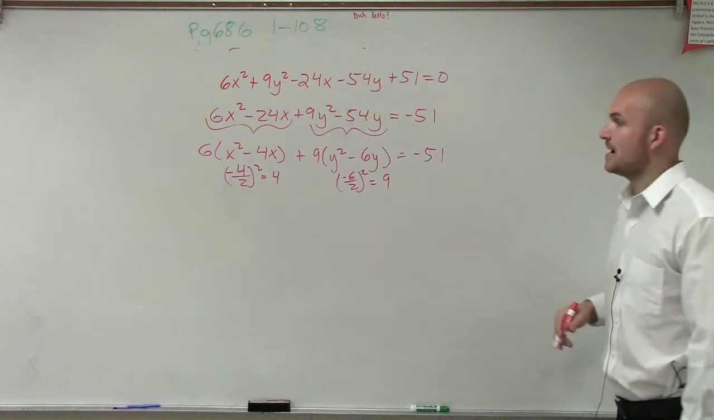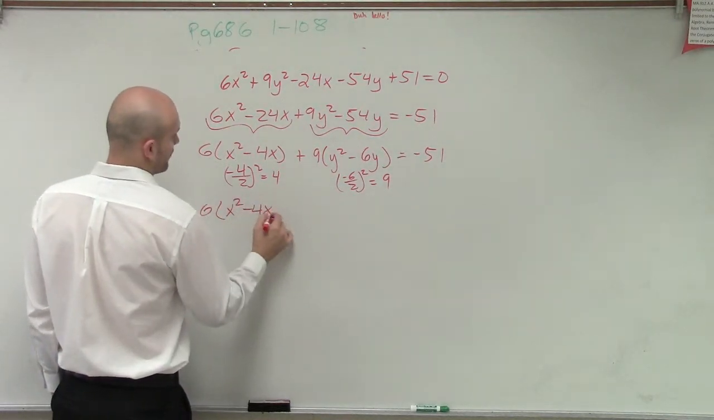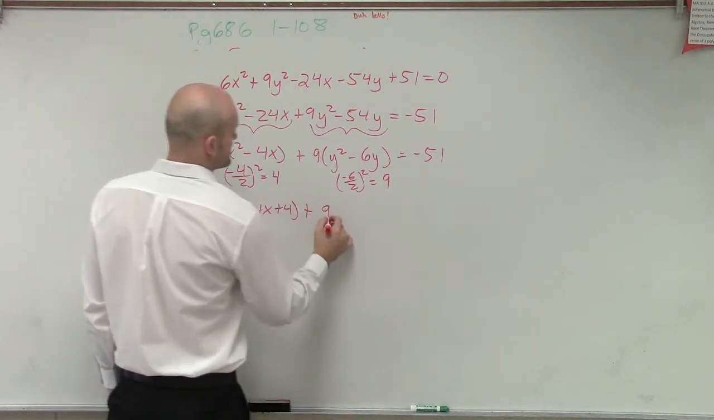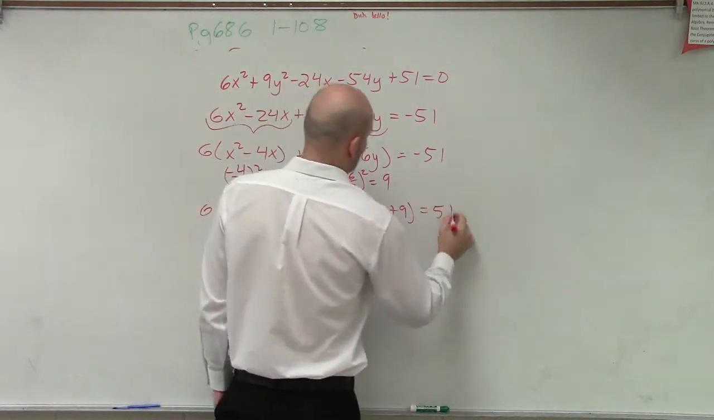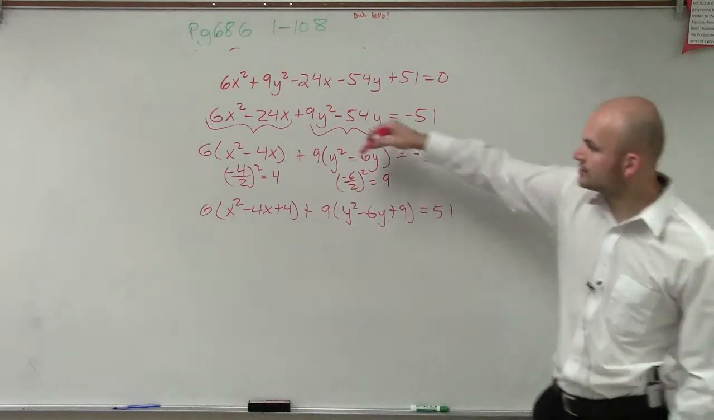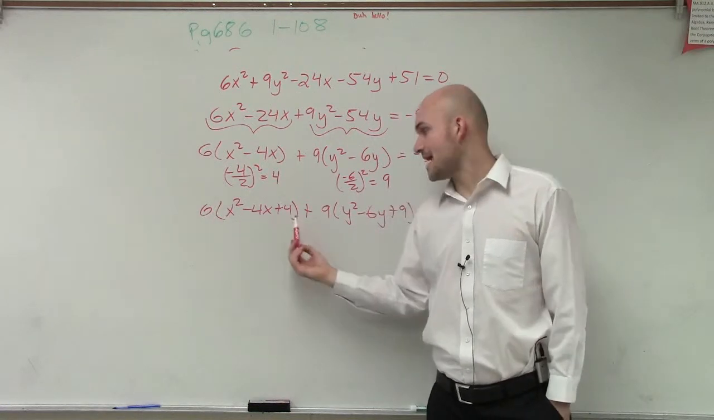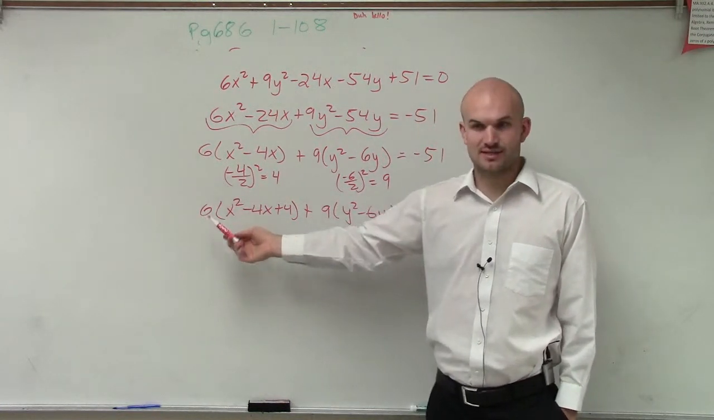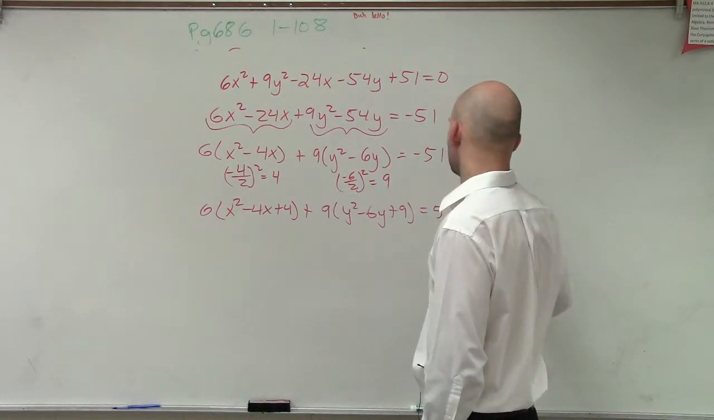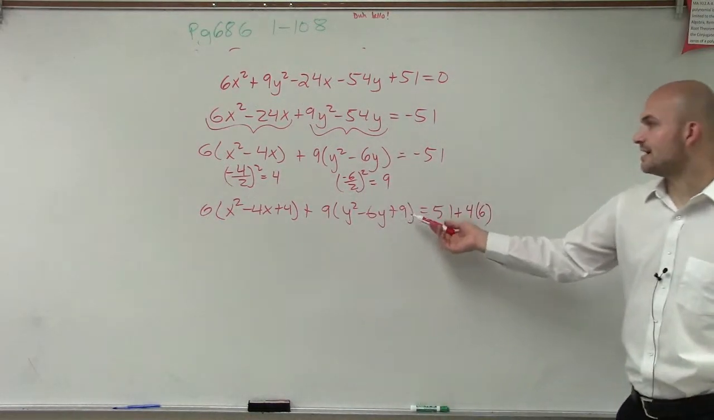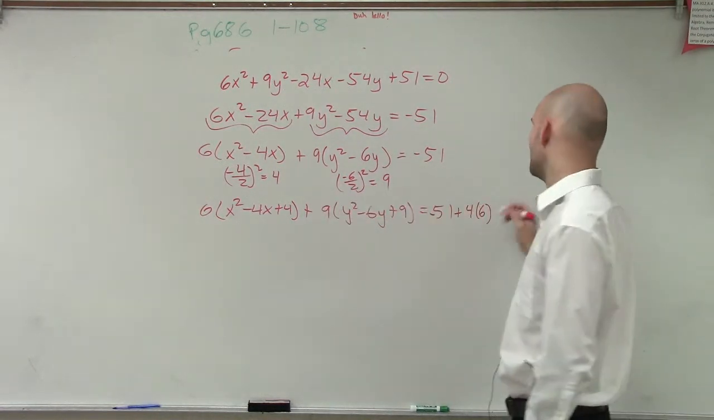So now I'm going to use those terms to rewrite this as 6 times x squared minus 4x plus 4 plus 9 times y squared minus 6y plus 9 equals negative 51. So I use these terms to add inside each parenthesis. But remember, since I'm adding 4, this 4 is being multiplied by a 6. So since I added 4 on this side, I need to add 4 on this side, but I need to multiply it by 6. Since I added a 9 here, but it's being multiplied by 9 there,